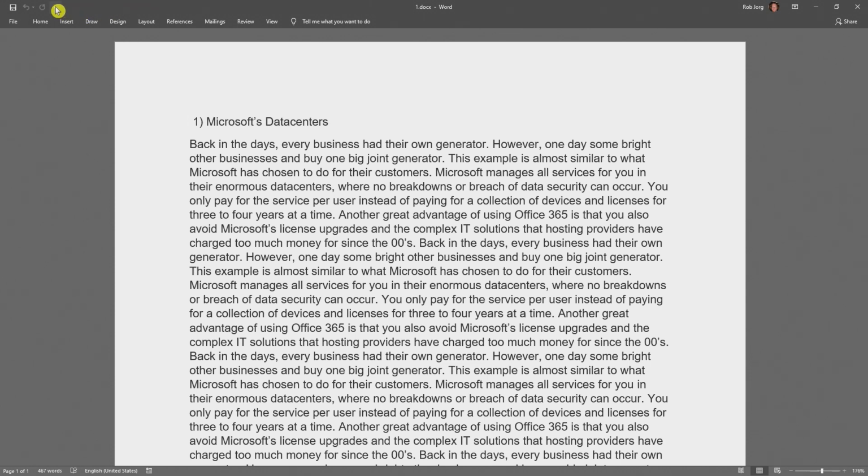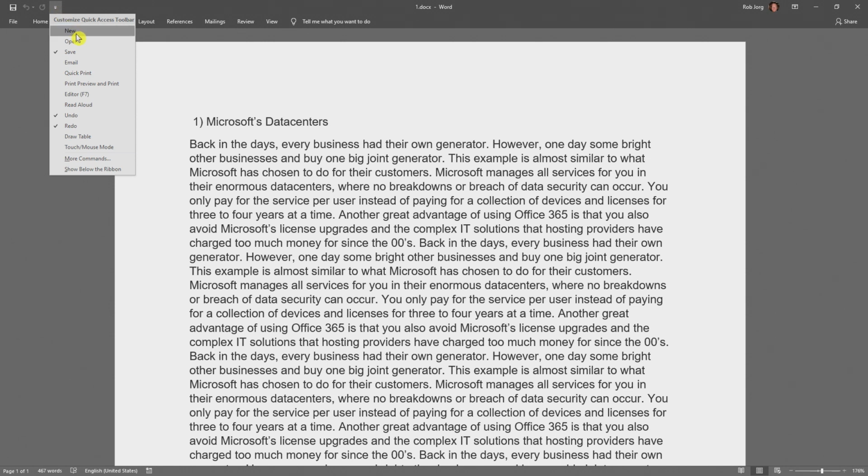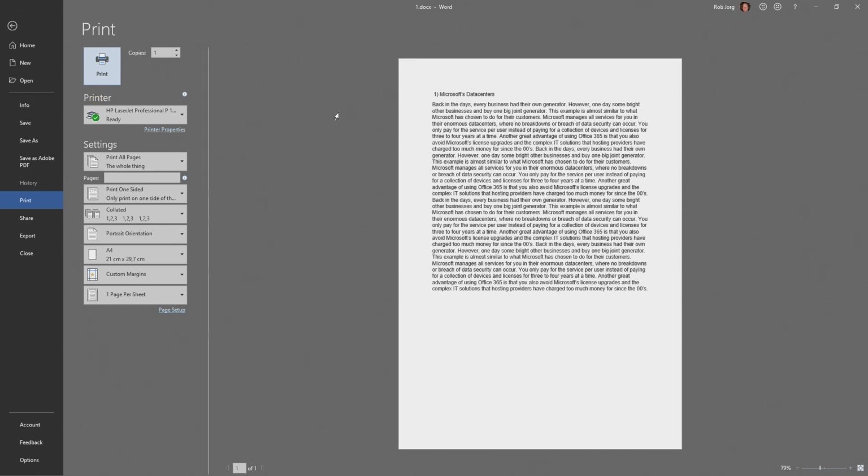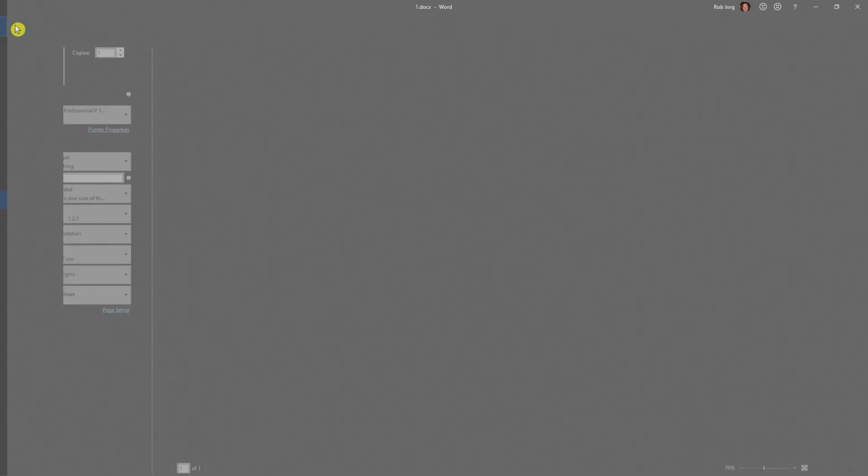And over here you see a quick access toolbar. In this toolbar you can add more buttons. If you open this one, you have a button for print and preview. When you press it, you're immediately in that print and preview screen.